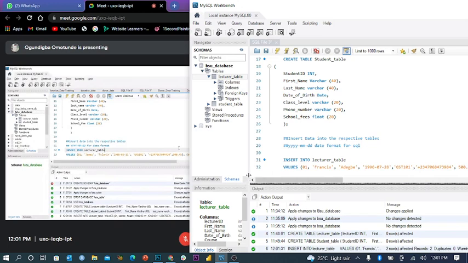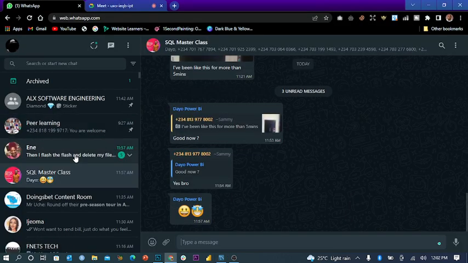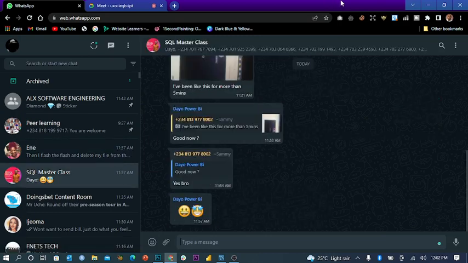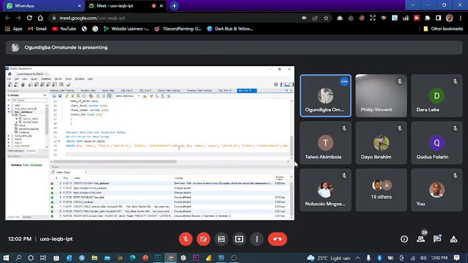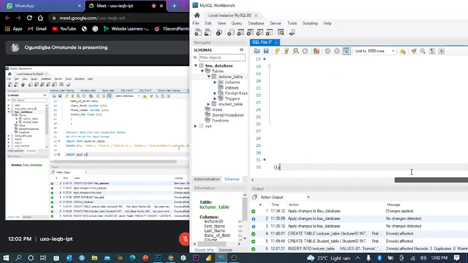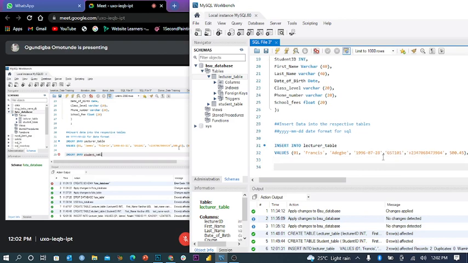You've inserted details into the lecturer table, but when I checked the student table, it's still empty, and it came with the students' details. Now, use insert into again. Insert into. What's the name of the student table? That's student underscore table